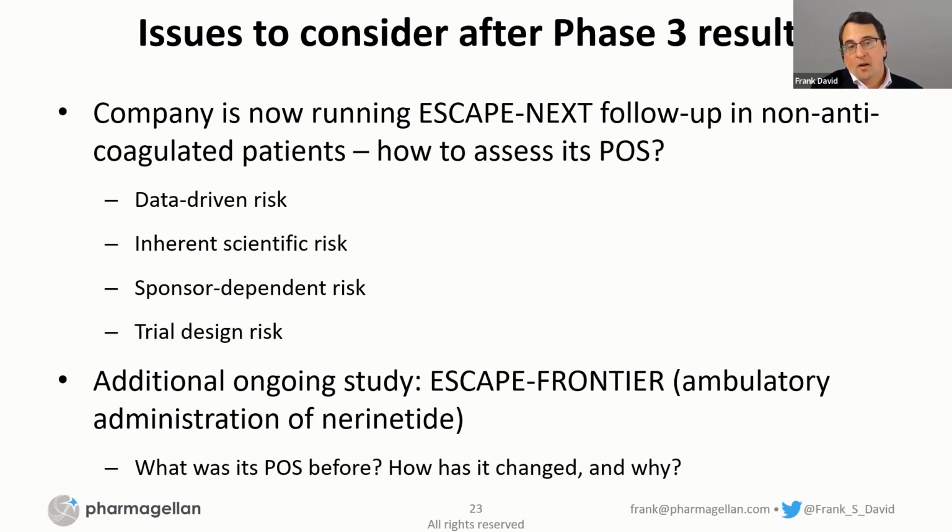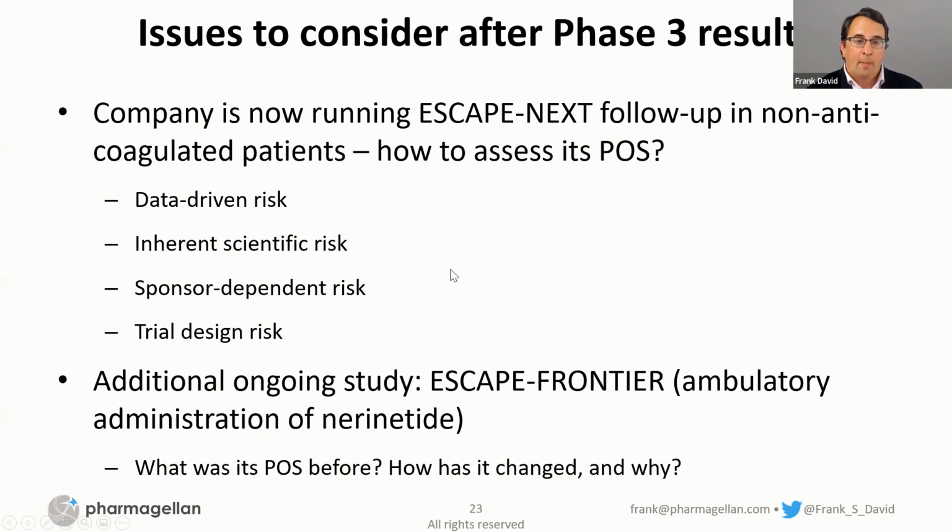The sponsor-dependent risk, you could argue, well, these guys did manage to pull off an 1,100 patient phase 3 trial in stroke, so they're not complete nincompoops. They clearly can do something. So you might actually believe that the sponsor-dependent risk is much less. This is one of those cases because it's private. We don't have good insights into the financials and other types of things. So, there may be some risk there, but it's probably a little bit better than it was before. And again, trial design risk is probably even a little bit lower, or certainly no worse than it was